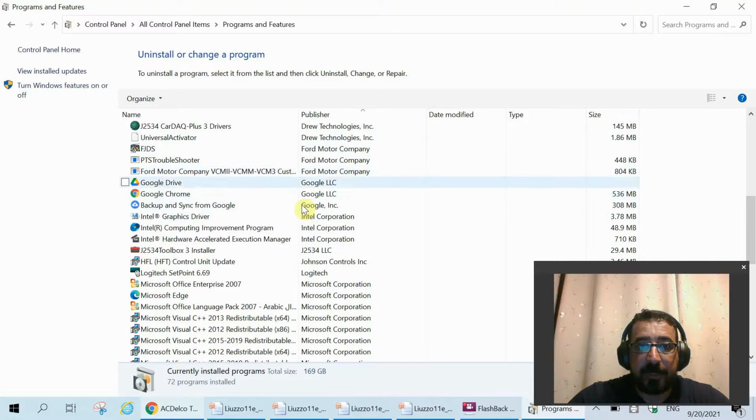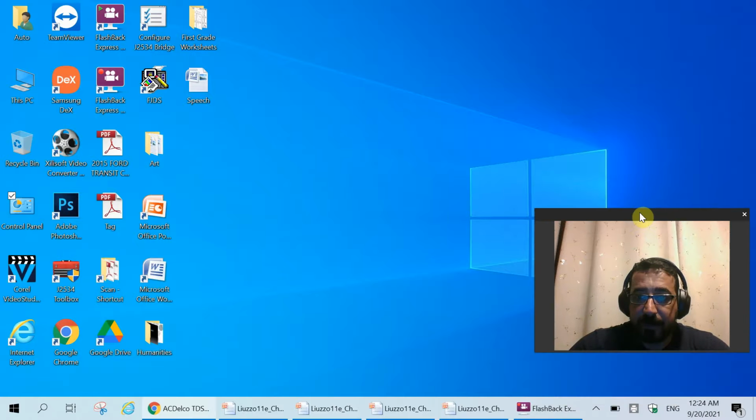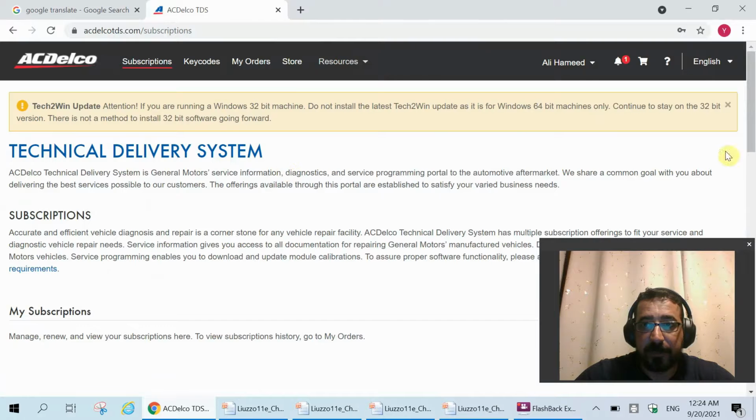G. Anything that says General Motors, try to uninstall it. And the way you uninstall it is by double clicking. So try to find General Motors and uninstall it. After you uninstall everything related to General Motors, you restart your computer, and after restarting, you log into your